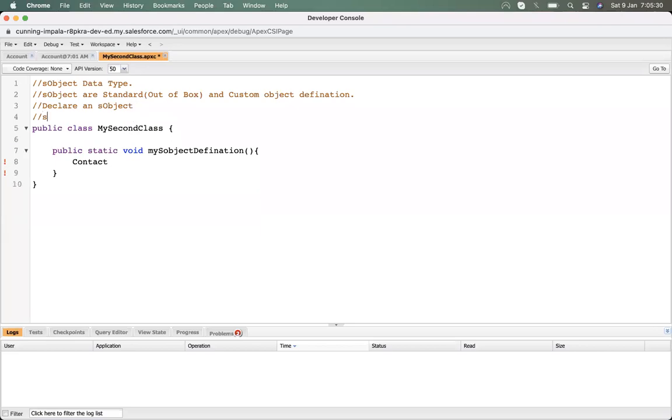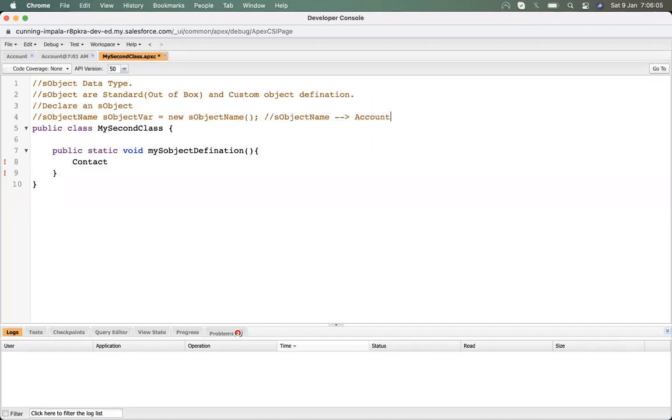have the S object name, then the S object variable, then equal to new, and then the S object name. What will be the name? The S object name can be anything.